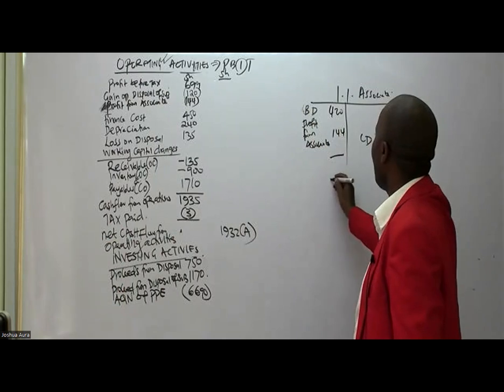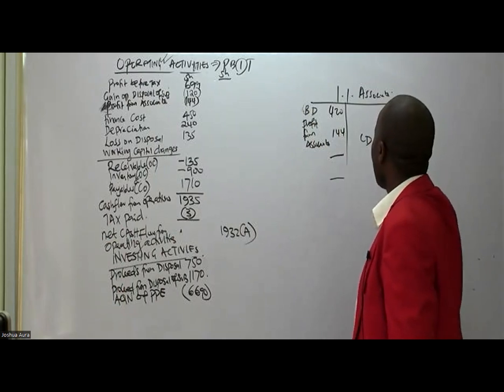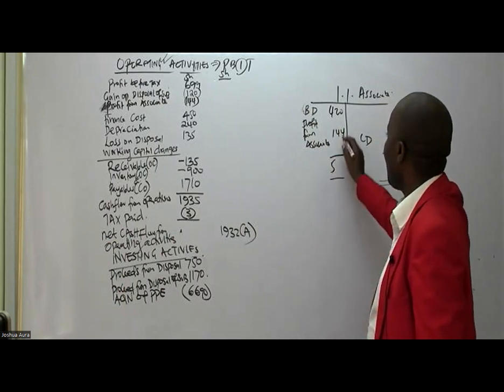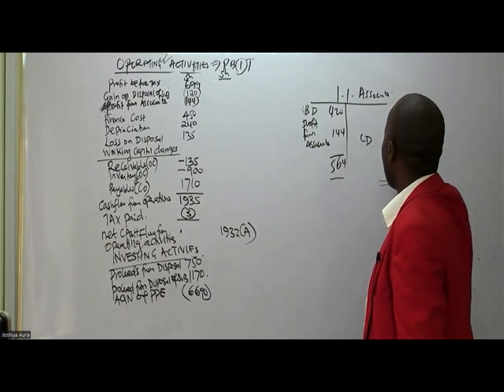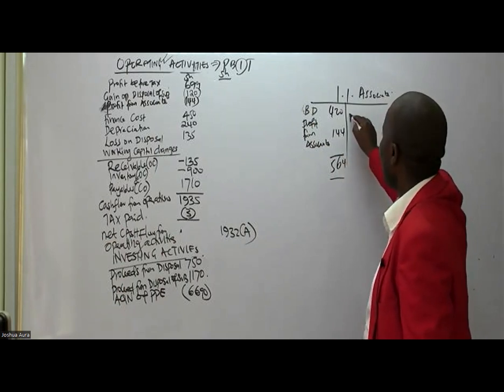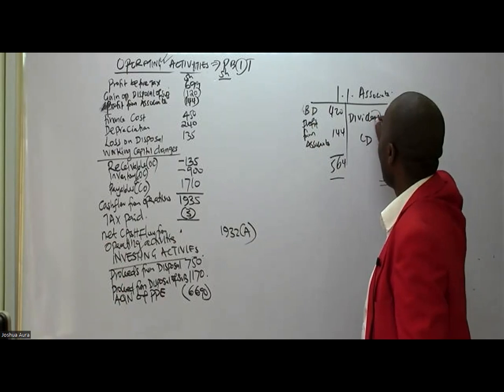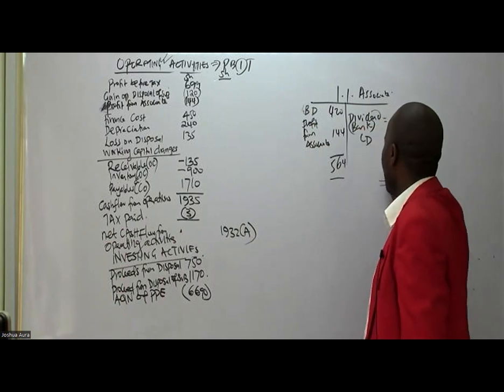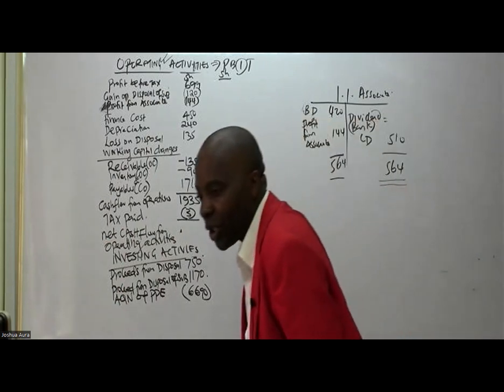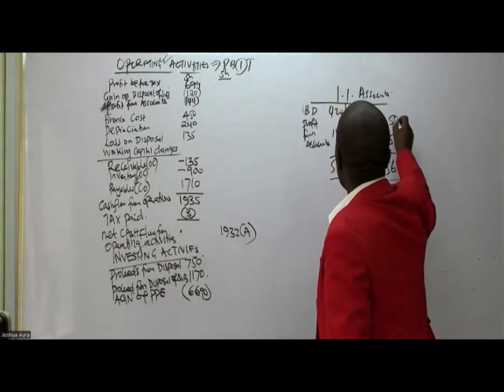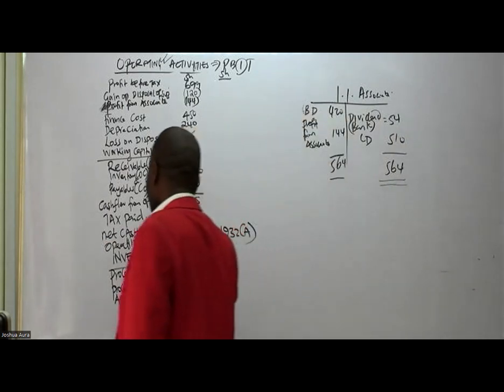So please come and do the balancing figure. This side will be bigger. This will be 564. So the difference will be the dividend we received. So bank of how much? Dividend received 564 minus 510 gives me 54. So then come and give us here the dividend